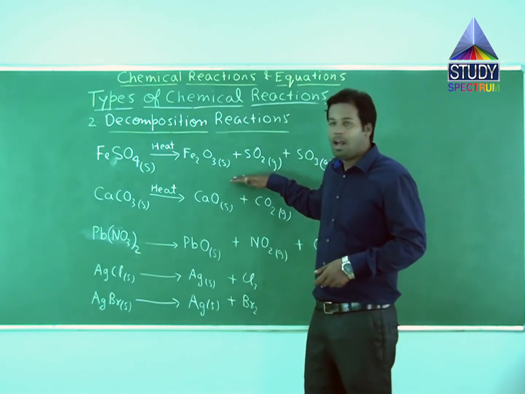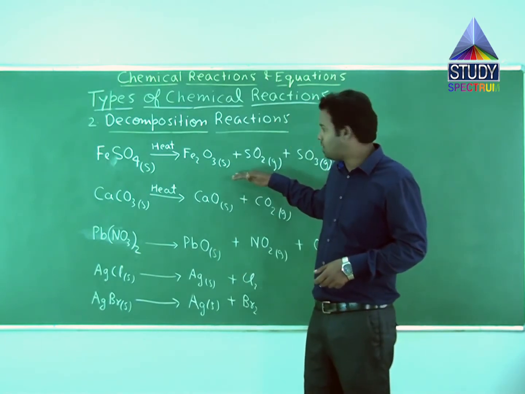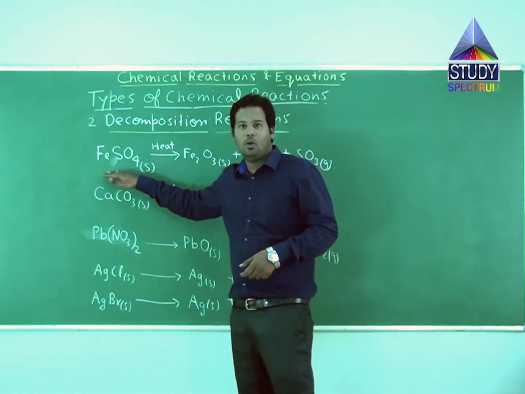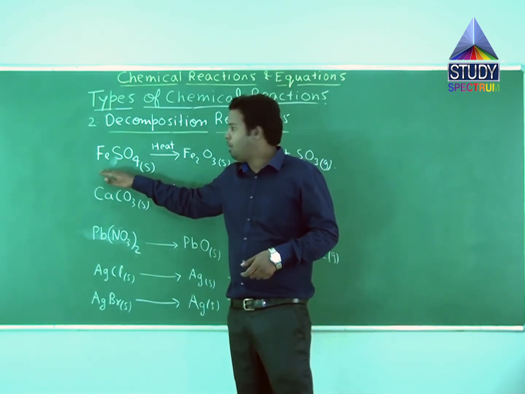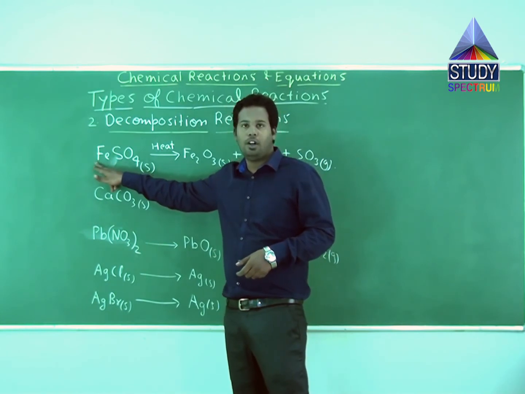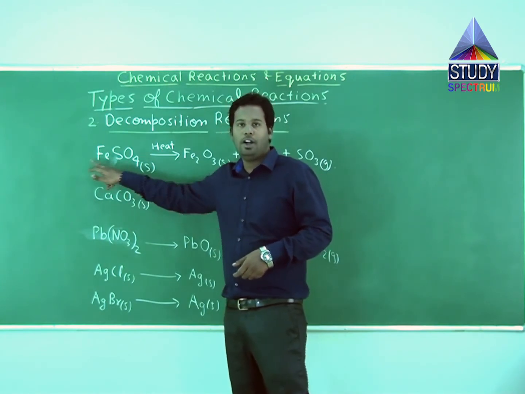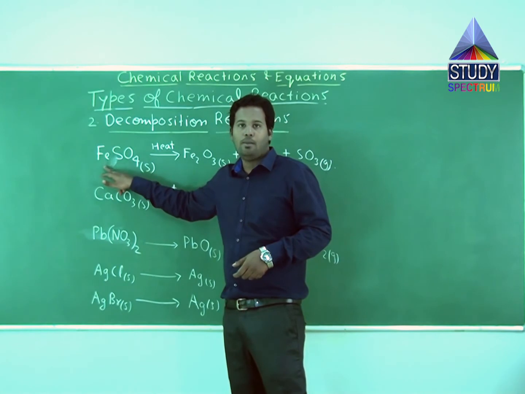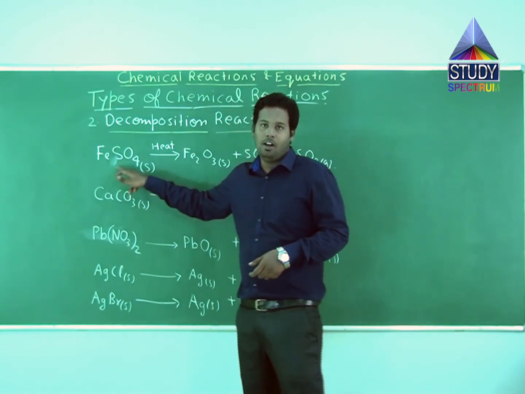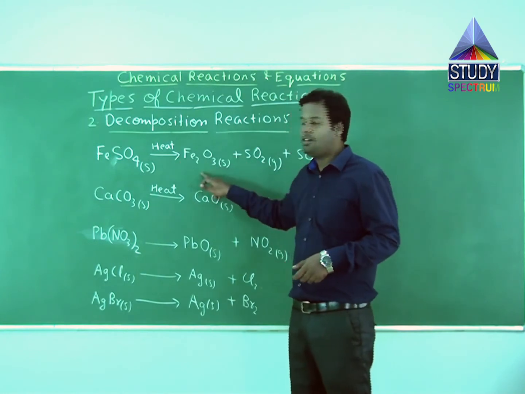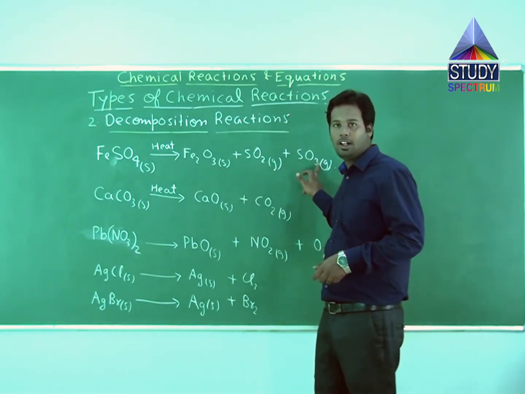Now we have balanced this chemical equation earlier, so let us try to balance once again. If you see the left hand side, it contains only one iron atom, correct? Because the stoichiometric coefficient of this particular compound is 1 as nothing has been written, and the suffix is 1 as nothing has been written. So 1 into 1 means 1 atom of iron in LHS. Whereas if you see RHS, the first product contains iron, whereas the second and third products do not contain iron.